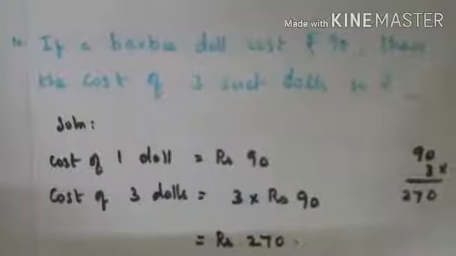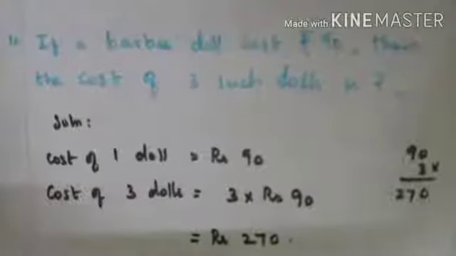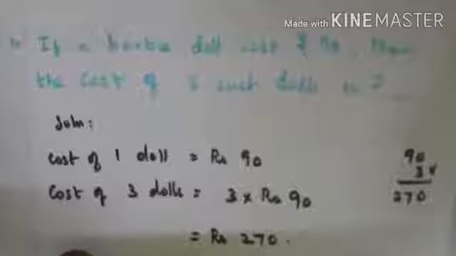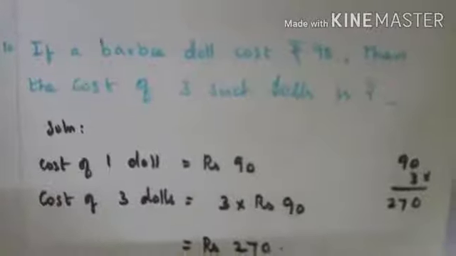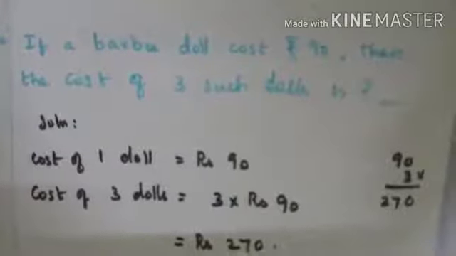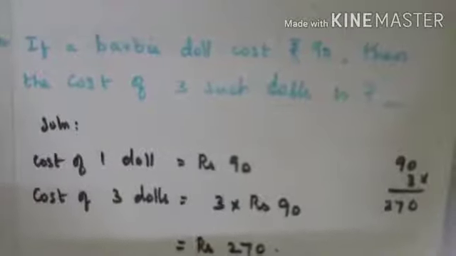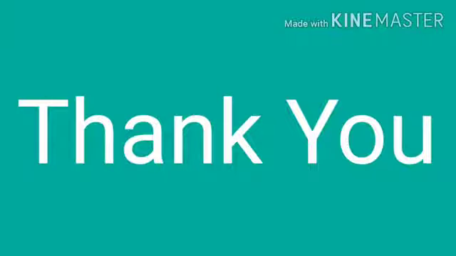Okay students, you write the classwork. No need to write the recall sum. The recall sum is the one given in your book, so you can mark it in your book, and you can write the word problems in your classwork note. Write the definition also. I have given one definition of the unitary method. Write the definition and write all the sums. No need to write the starting 4 questions. Thank you.